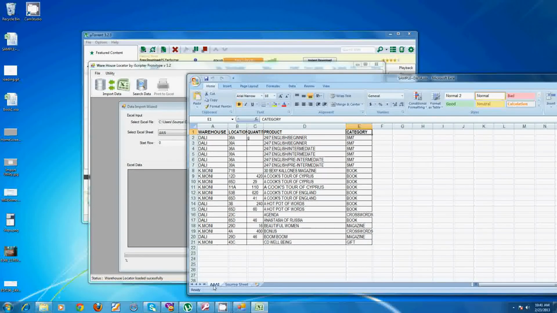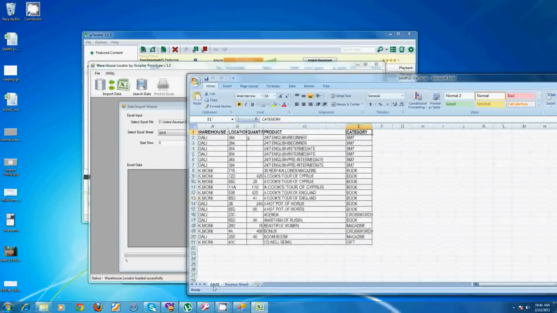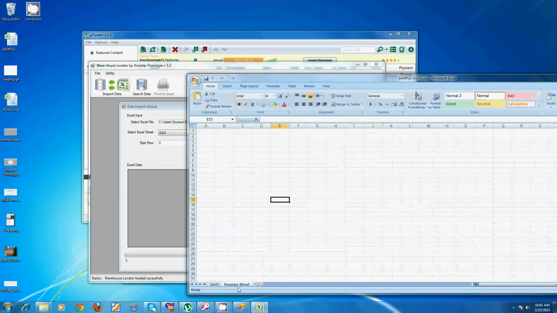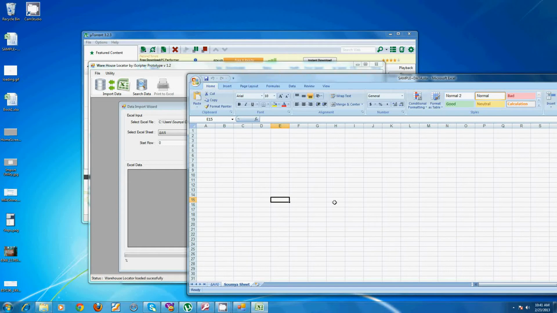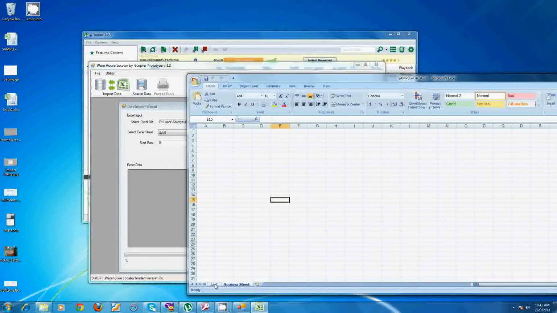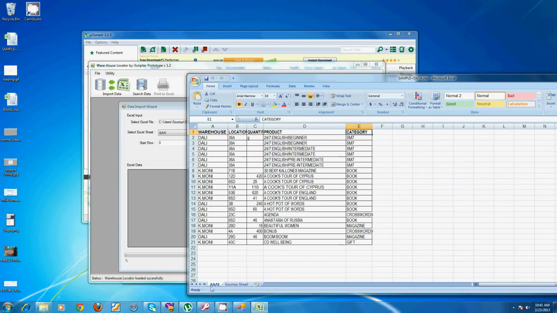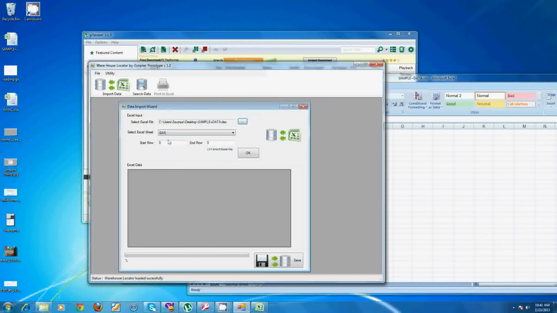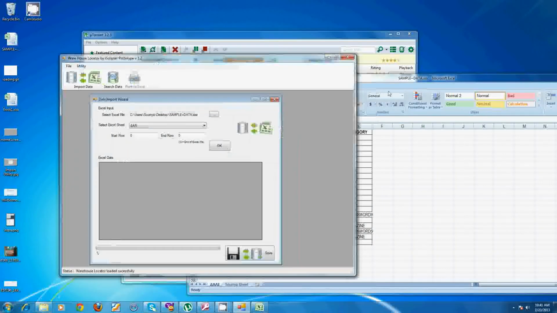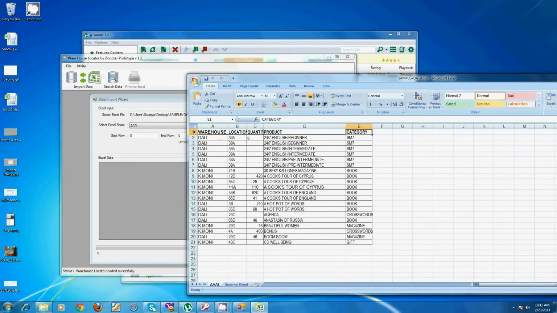Now in this workbook, this sheet has the data. Okay, now I am importing here. Look, I have to select the sheet number. This one here has data. Now look, the start row is 0. It searches the data from 0. You don't need to know all this about 1 or 0. You can make it 0.